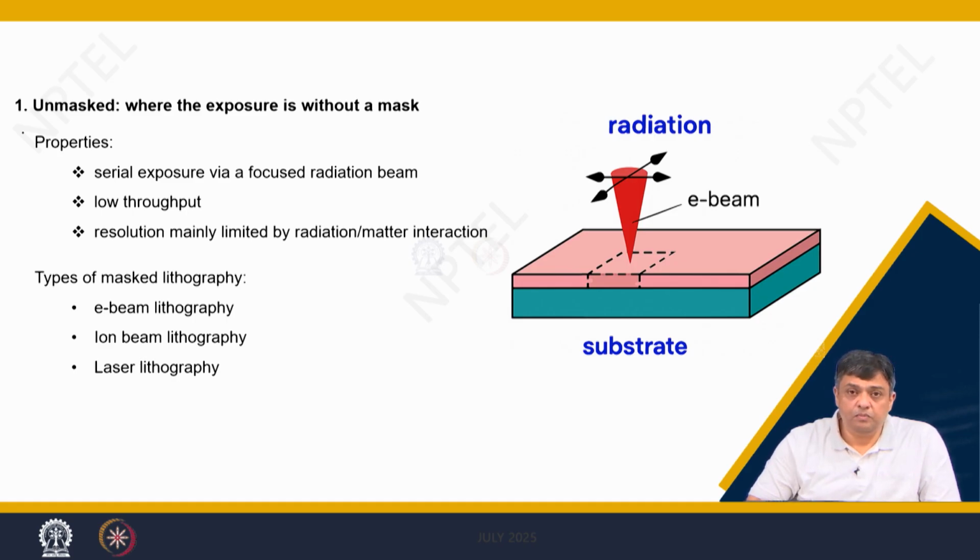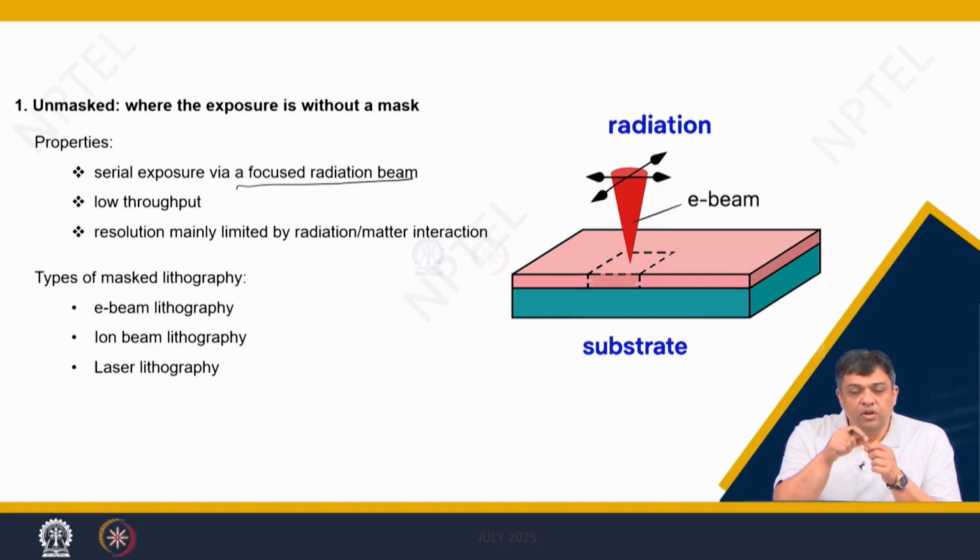So, in this clearly the beam width has to be very small, otherwise the whole area will get exposed at one go, and then you are actually going to go back to the same quantum well structure with what you started with, because the moment you develop it, the whole photoresist will go. So, you have to have a very narrow beam width. So, you must have focused radiation beam,